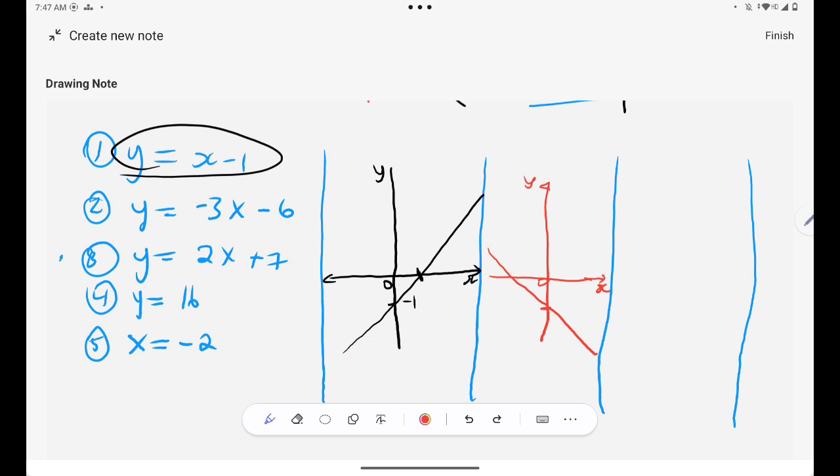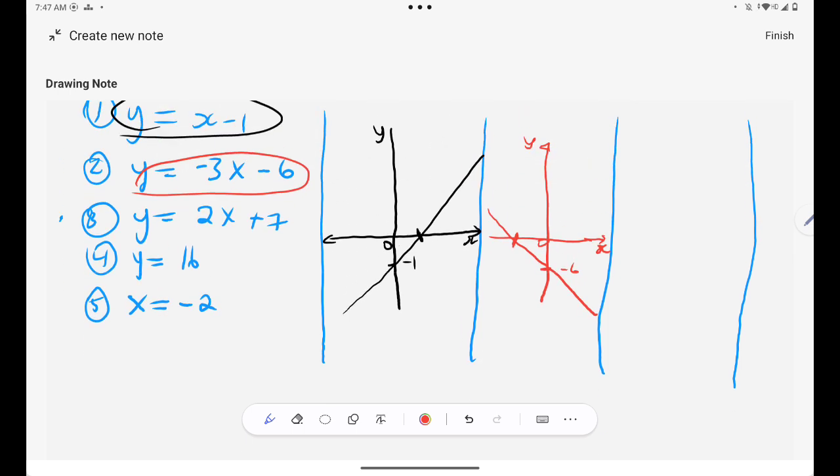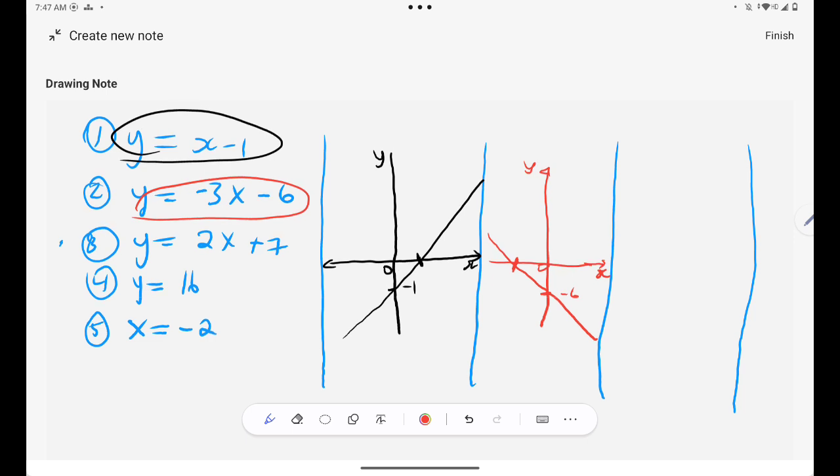Are we together? So I know that for this one, my y-intercept is negative 6. I just need to find the x-intercept there. Are we together? And then for the third one,